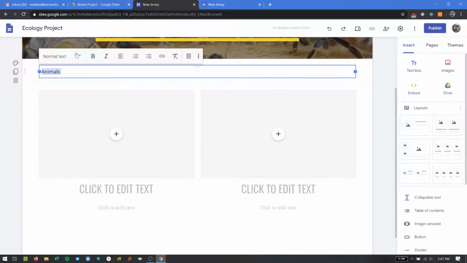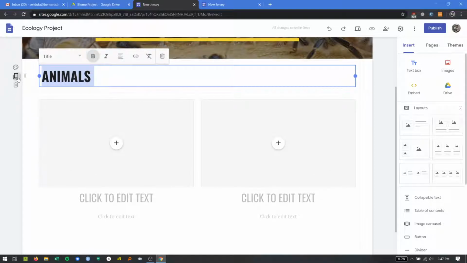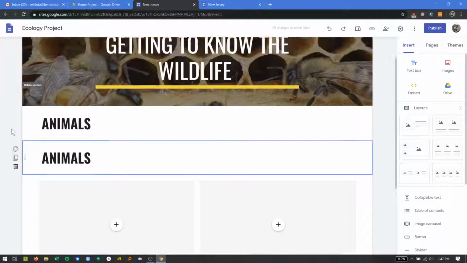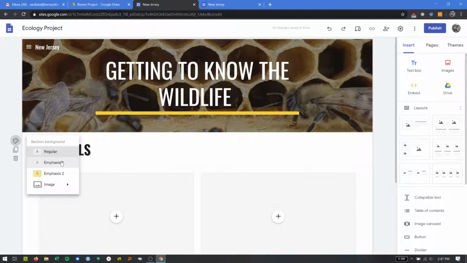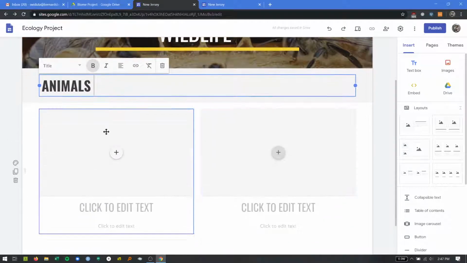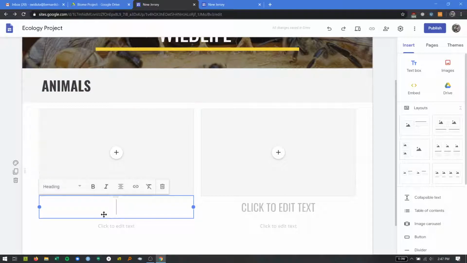Animals. And maybe I want to bold it, and maybe I want to make it a title, and I do not want to duplicate, but that's how you duplicate. Delete that. And maybe I want to put some emphasis on it. Right, put a little emphasis, turns it gray, and then you can have your two animals